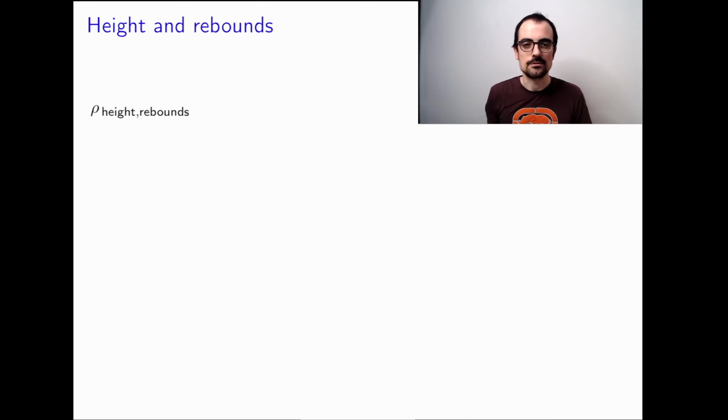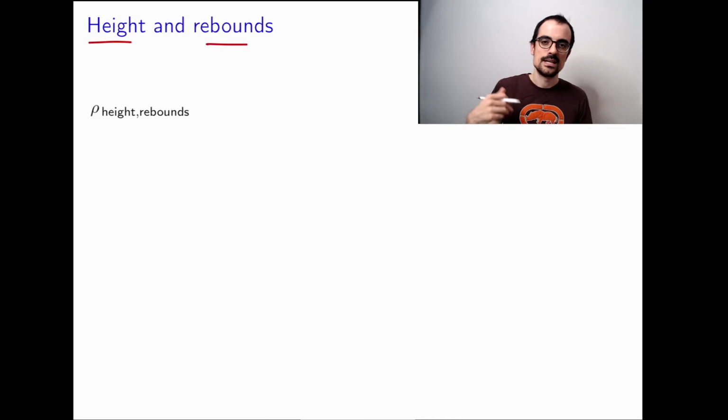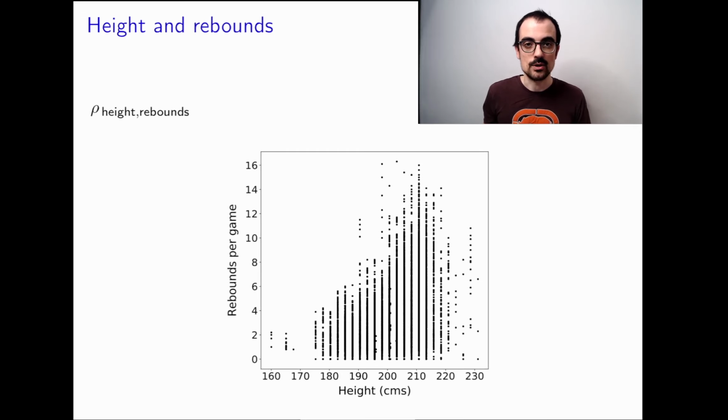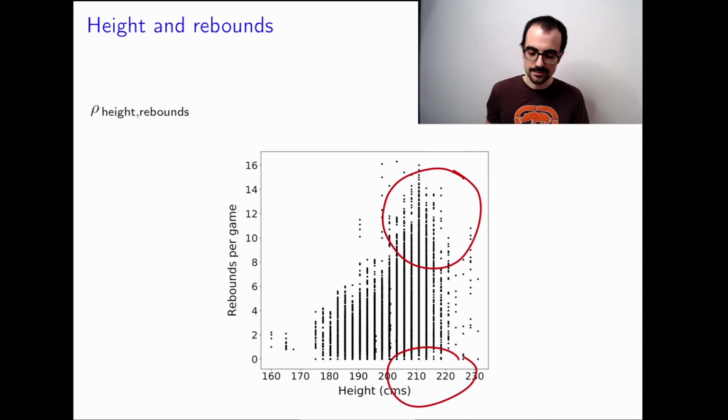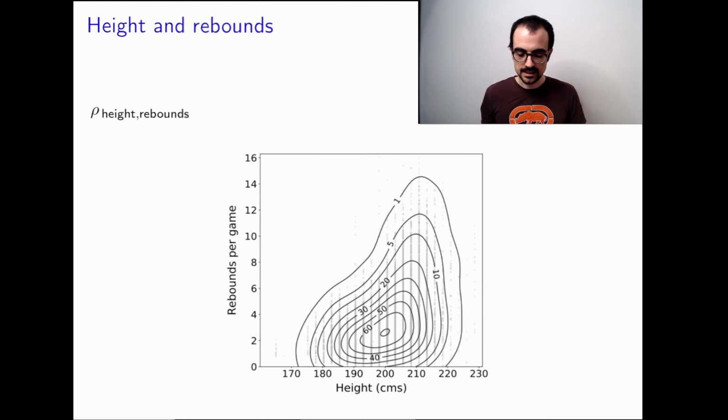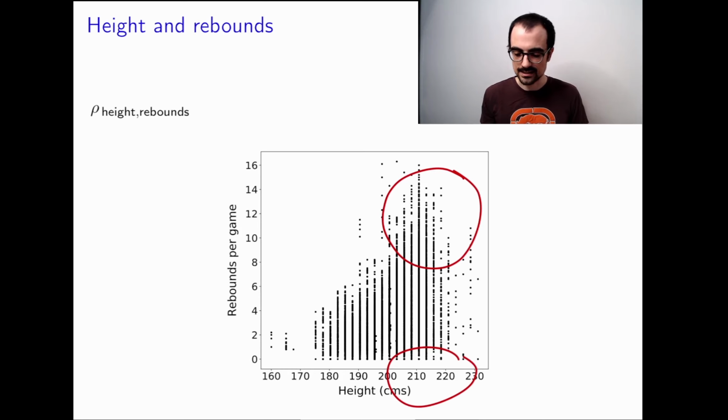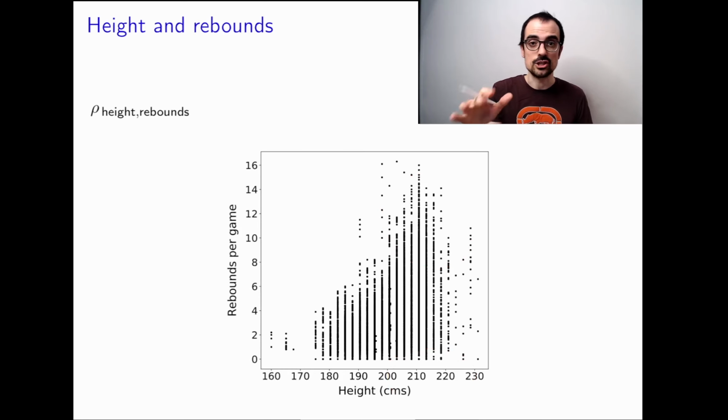So think about it for a moment. Do you think they will be positively correlated, so that means that taller players get more rebounds? Negatively correlated, shorter players get more rebounds, or there's no relationship? Well, the answer is kind of clear when we look at the scatter plot of points. Indeed, taller players seem to get more rebounds. And this is just because I wanted to put the KD, the kernel density estimate, so an approximation of the